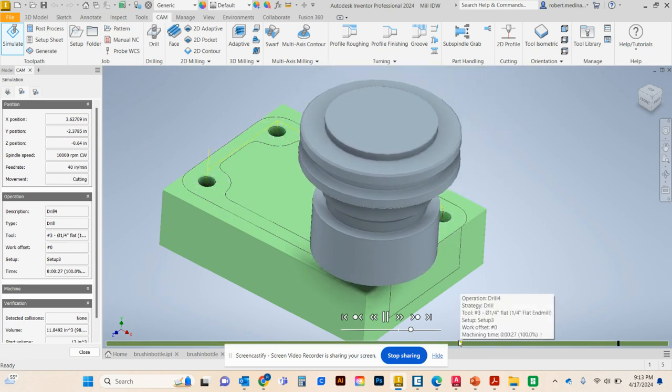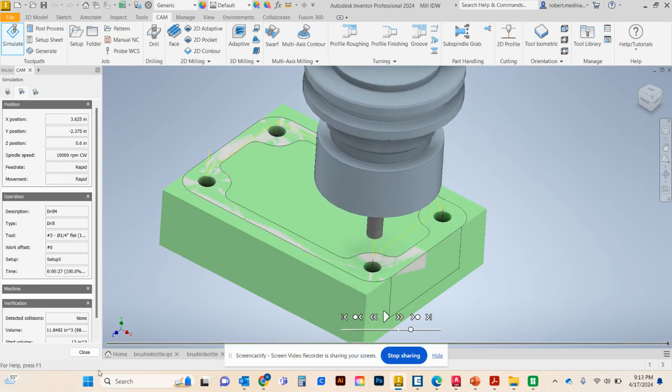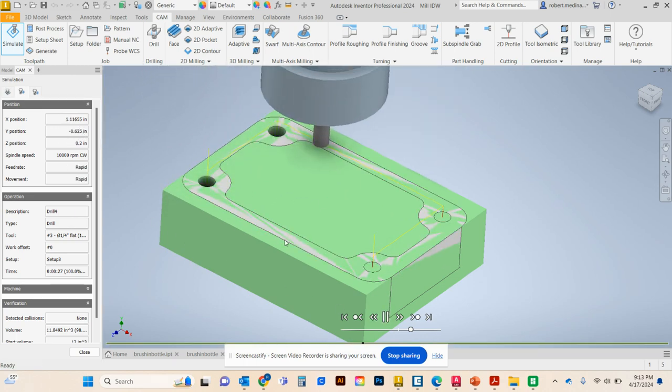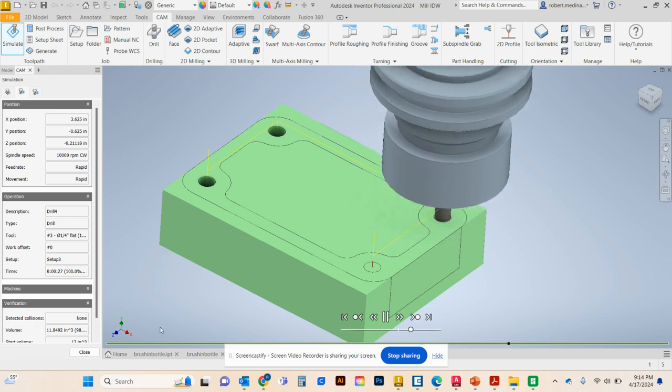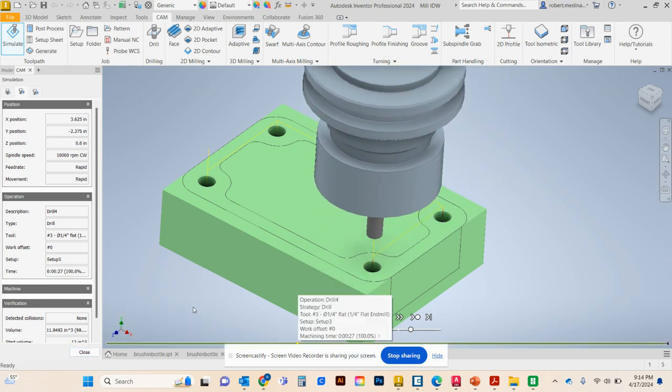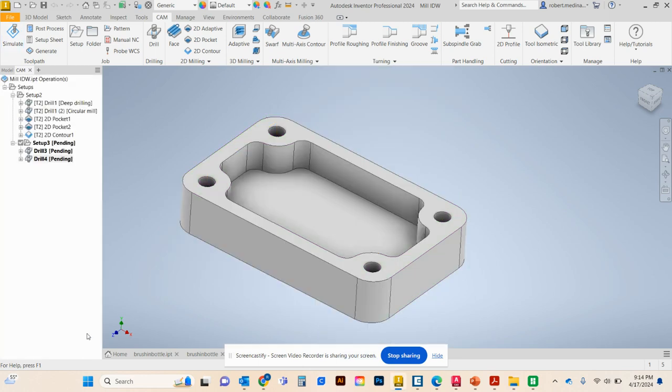It's hard to see, but it is moving. You see that? All the X and Y's. So it is moving left to right to make that hole bigger. It's just hard to see because it's really close to size. So we drilled the holes, we interpolated them to size. So what we can do next is